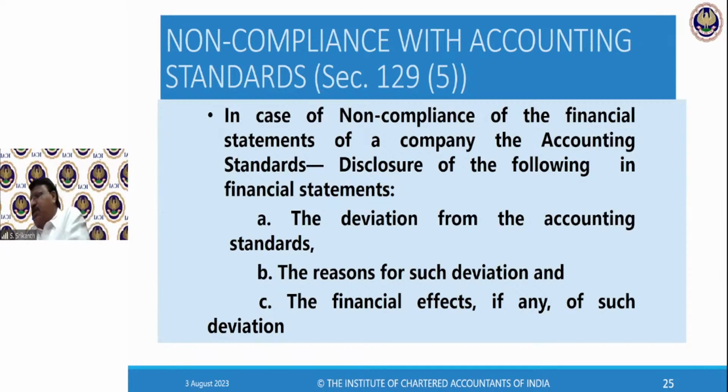Now, suppose the board of directors of a company has a view that this particular accounting standard should be construed in this way, or they are not complying with it. According to the auditor, the auditor is going to qualify. So I'm reading the accounting standard in this way. I feel that this is what should be shown. You are reading it, or your board of directors is reading it, and they are giving another view. Then, for example, in one case on provisioning of debtors, all sorts of peculiar journal entries were passed by the company.